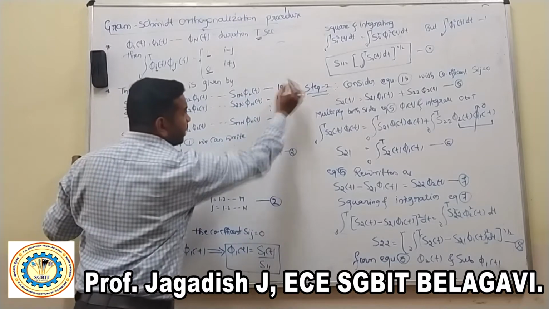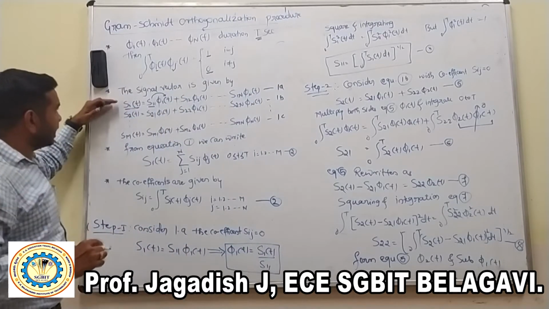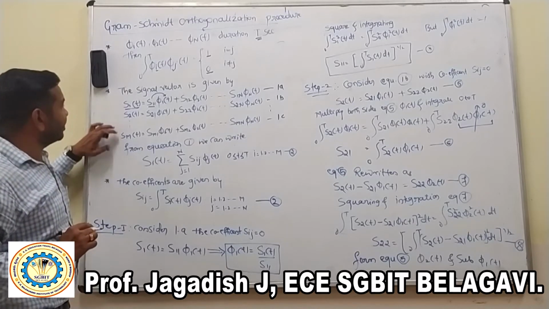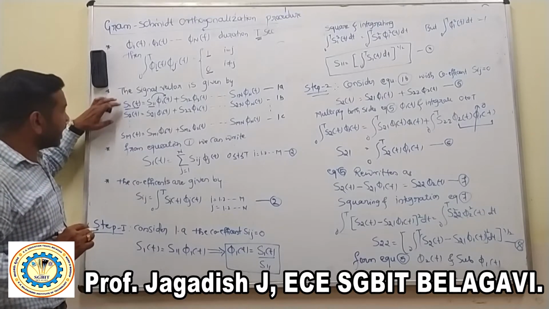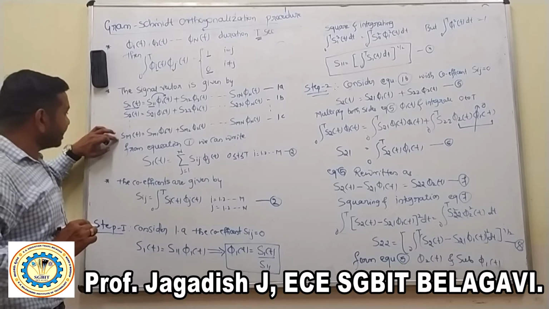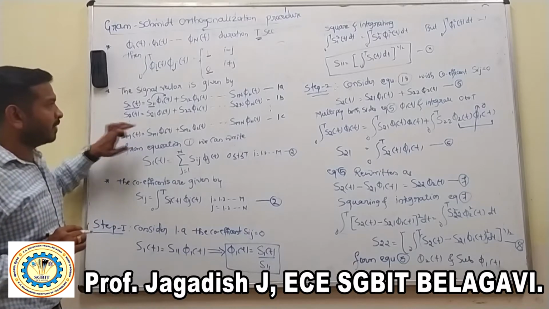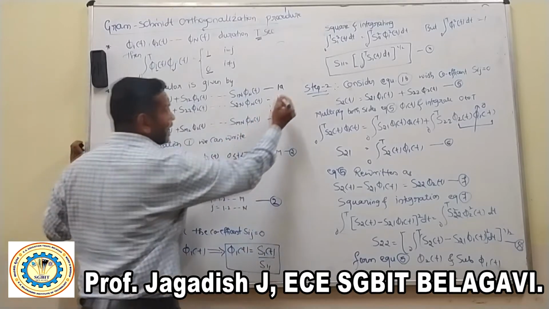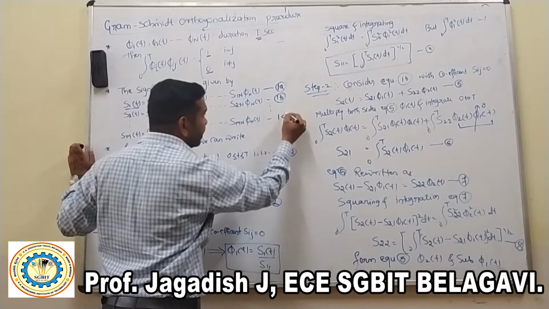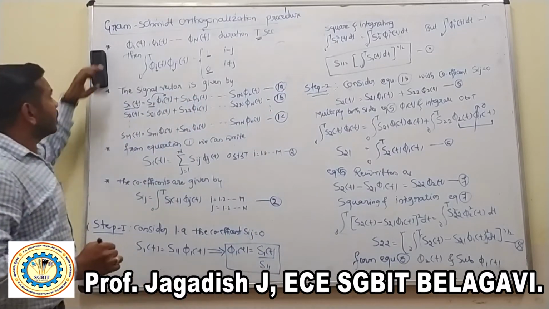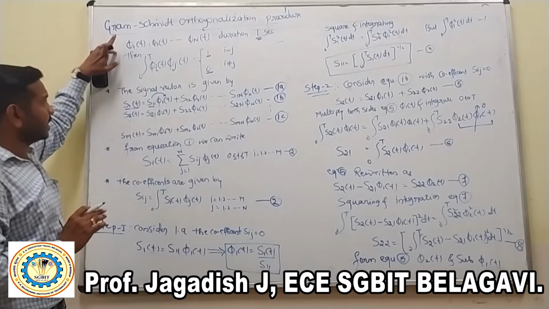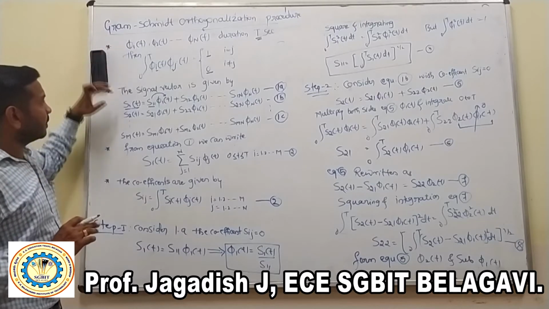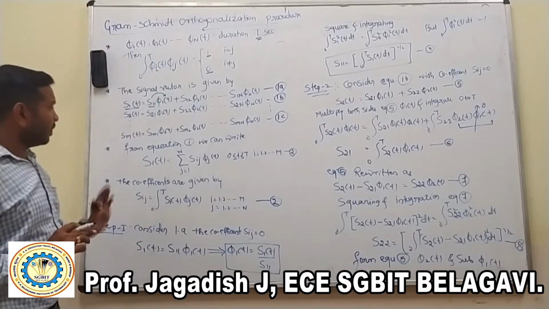Write it as equation number 1a. Similarly, we have to define this up to the variable m. First define S1 of t, after that S2 of t, then after that we define Sm of t. After defining these equations, we write them as 1a, 1b and 1c. So first we have to define the orthonormal basis function, and then after defining it, we have to define the signal vector.